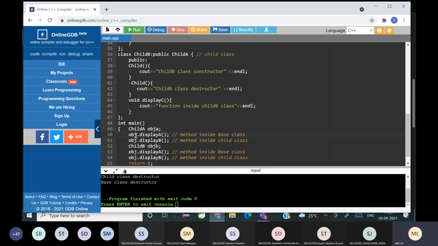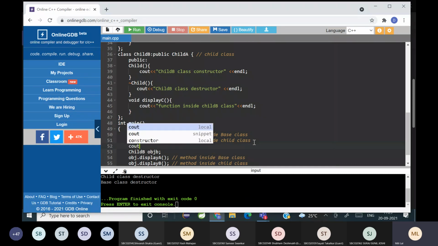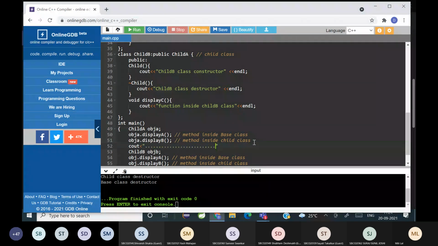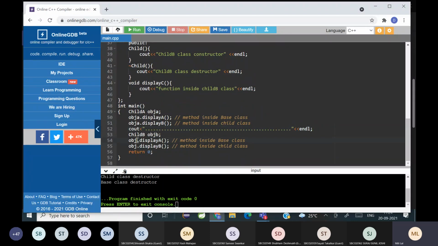This is A and this is A. I'm just going to differentiate this so that you all can understand. And here it is B, this is B, and this is OBJ B.